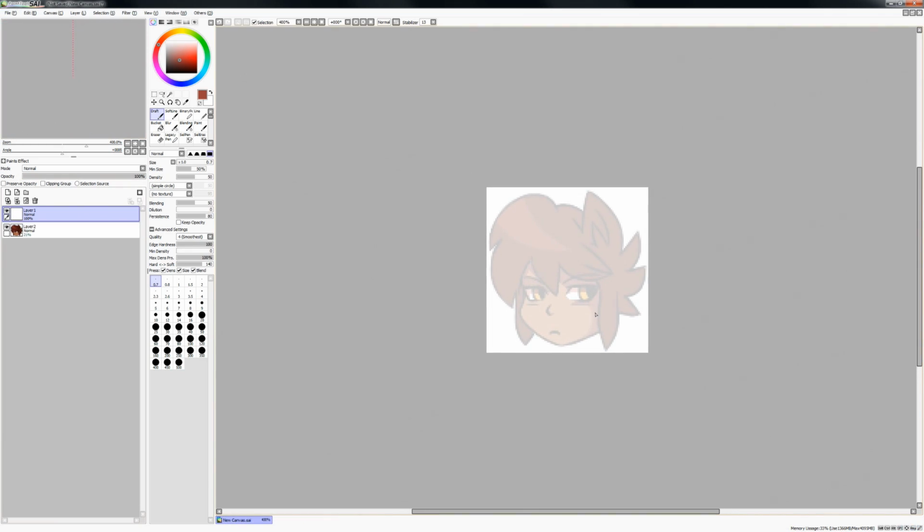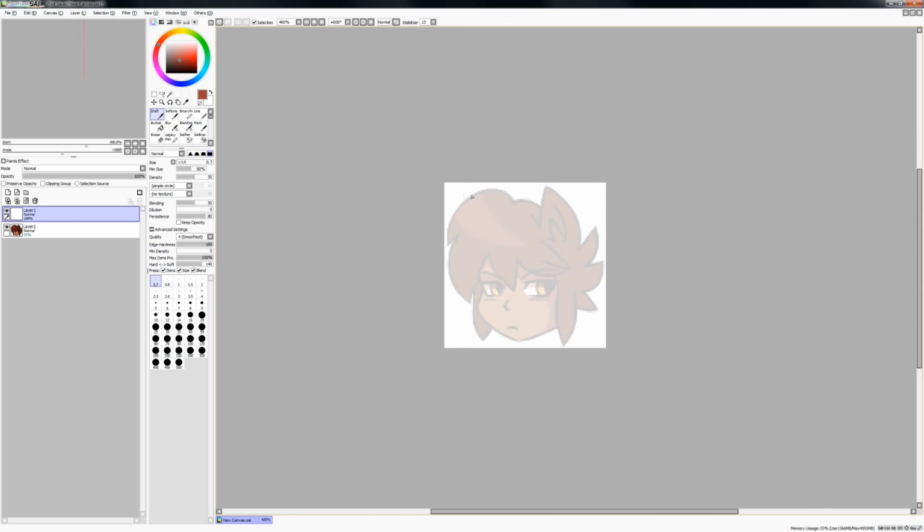With Amoya, she doesn't really have a personality like that, so it was kind of a struggle to do that. But I thought that instead of giving her sort of an indifferent look, I might make her a little bit more angry this time around. And whenever you're working on these little things, it's good to start out with a sketch. And it's good to start out with a sketch that's a little bit bigger. In this case, I'll be working at that 112.